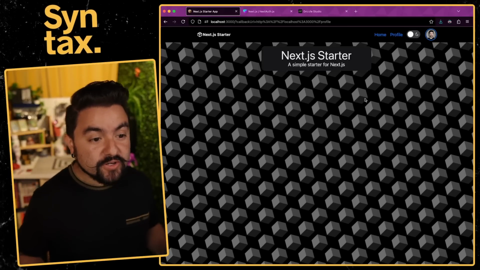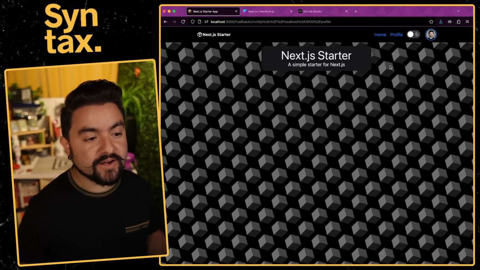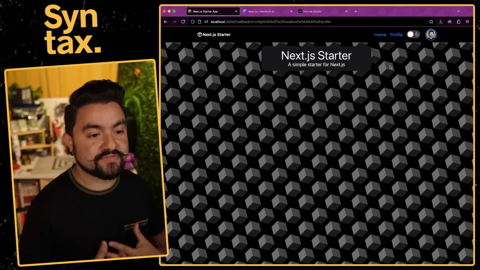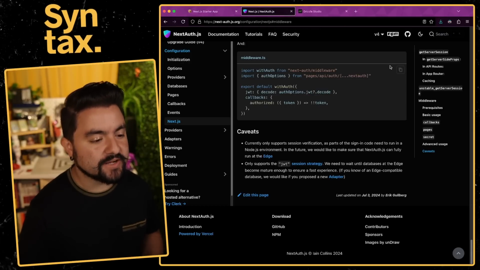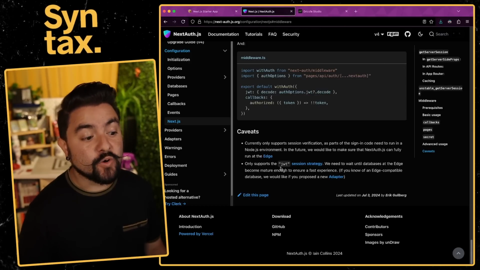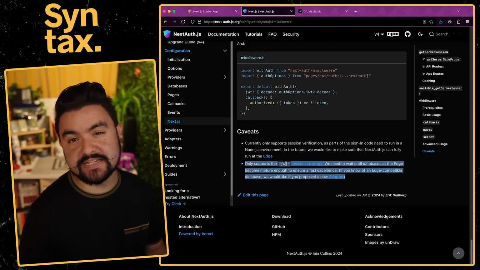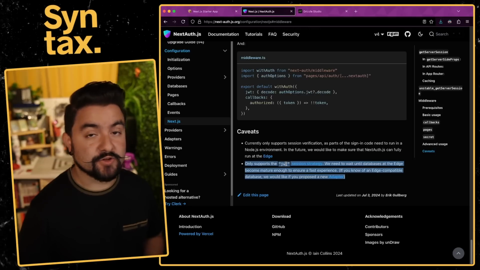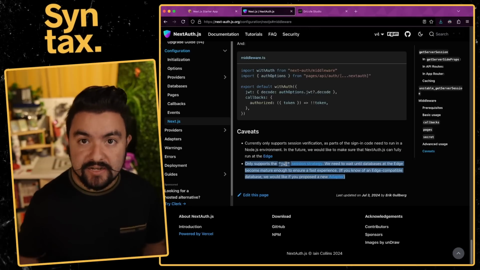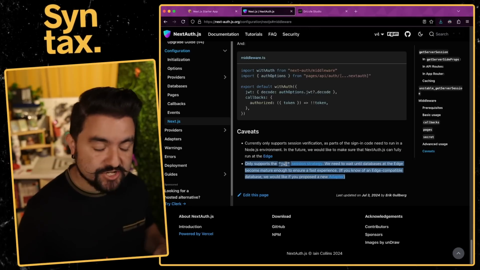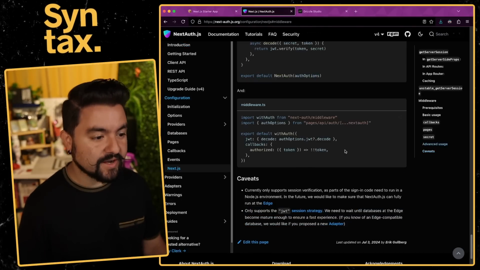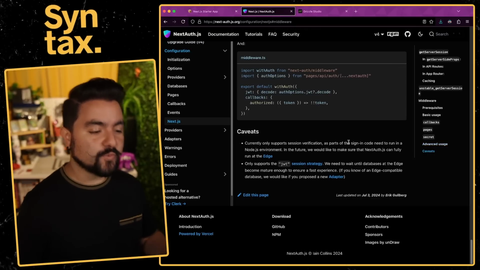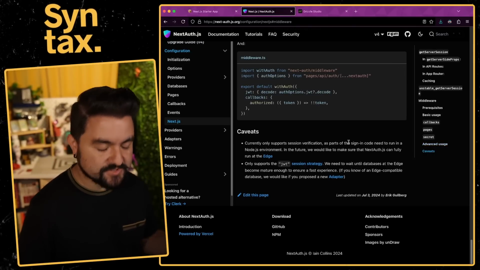Now, if you remember earlier, we actually set up a middleware that should redirect the user if they are not logged in. And if we take a look at the docs for this middleware, there's one caveat. It only works with the JWT session strategy. And so by default, whenever you add a database adapter, it sets the session strategy to database. And so the built-in middleware is actually not at all compatible with